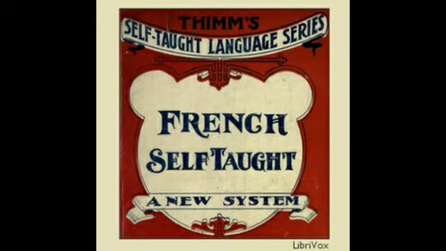14. Trees and flowers. A tree, un arbre, a branch, une branche, a leaf, une feuille, an apple, une pomme, a pear, une poire, a plum, une prune, a cherry, une cerise, a nut, une noix, a currant, une groseille, a gooseberry, une groseille verte, a strawberry, une fraise, a chestnut, un marron, the oak tree, le chêne, the fir